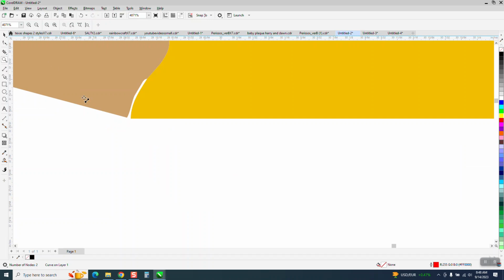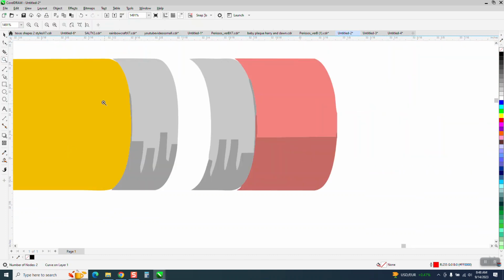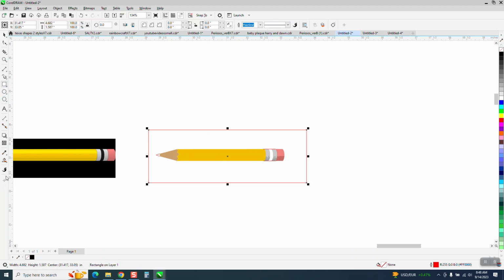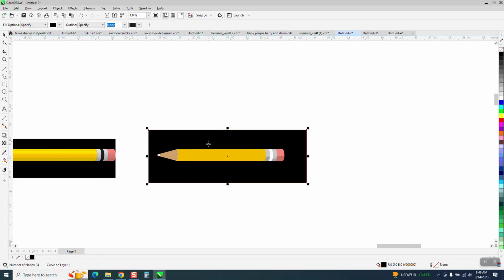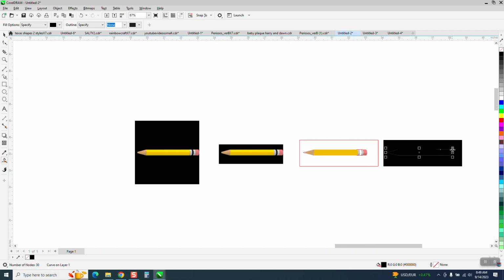You could do it two ways. You could take the shape tool and just move that over, but I'm just going to do this real quick. So what I'm doing is creating a dam for the Smart Fill tool not to get in. And I'm going to do both ends. Now I'm going to draw a rectangle around my pencil, and I'm going to take the Smart Fill tool and fill it in. I'm going to nudge that over and then fill that in. So now I have a